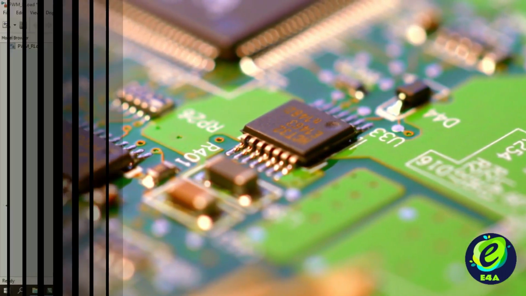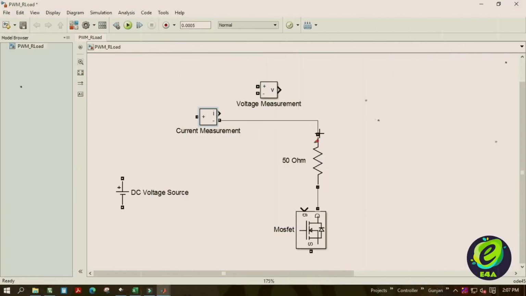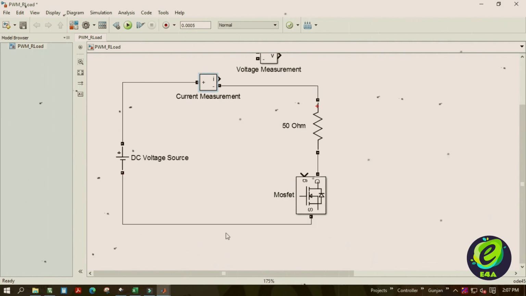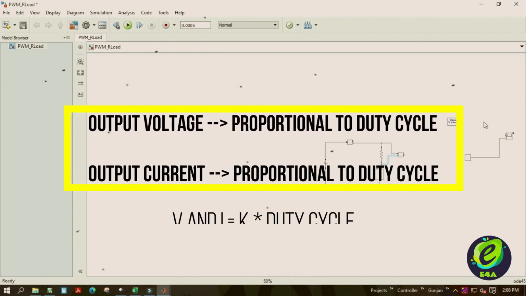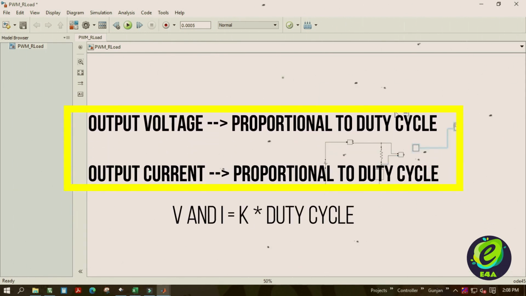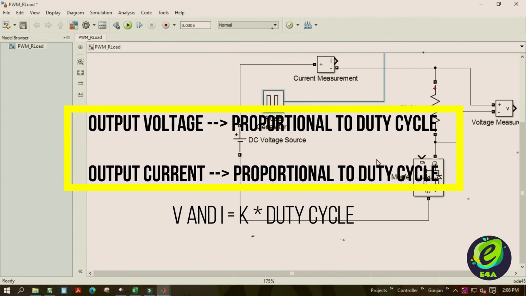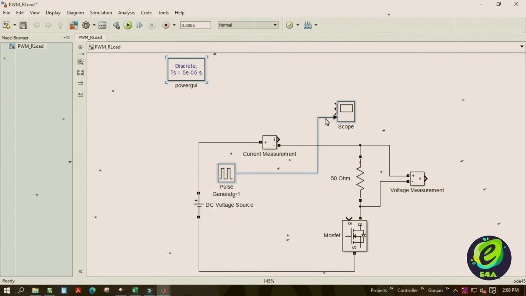So let us start. In the previous video, we observed that when a MOSFET is triggered via a PWM pulse with a resistive load, then one can obtain a variable voltage and in turn variable current in the circuit. This variable voltage and variable current is directly proportional to the duty cycle of the pulse width modulation pulses given to the MOSFET.